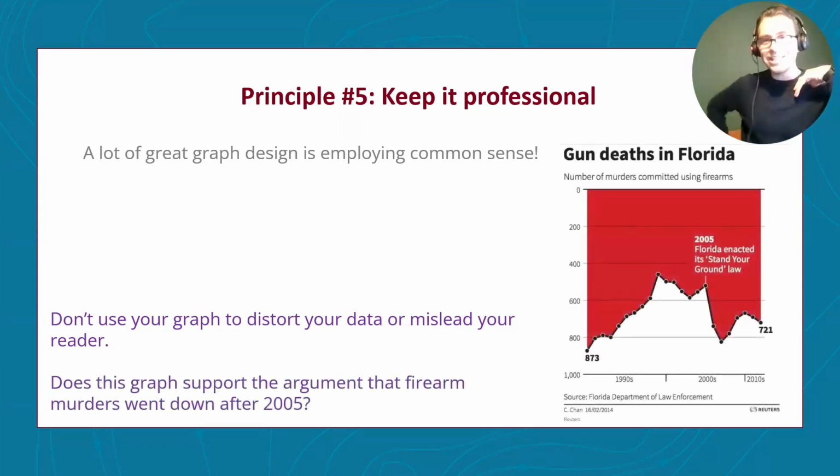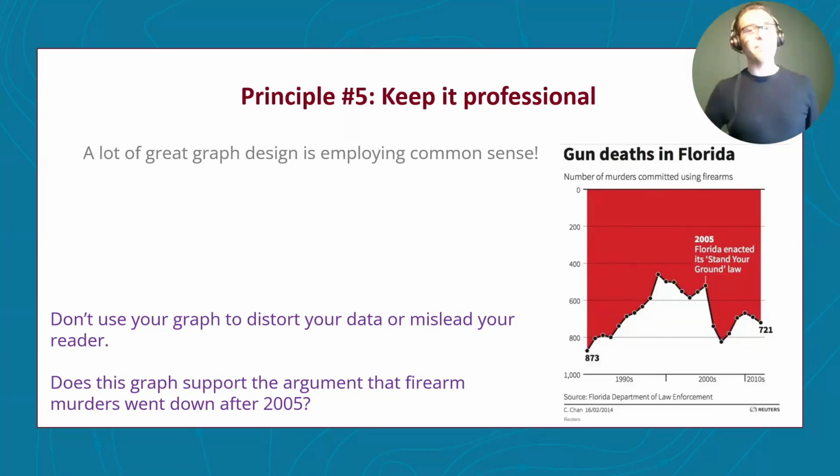First, I want you to consider this graph, which shows gun murder rates over time in the state of Florida here in the United States. I want you to think for a second. Does this graph support the argument that Florida's Stand Your Ground law, which was passed in 2005, caused gun murder rates to drop? Well, I will say abstractly looking at the graph, that is certainly what it looks like